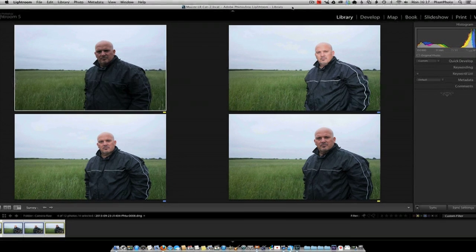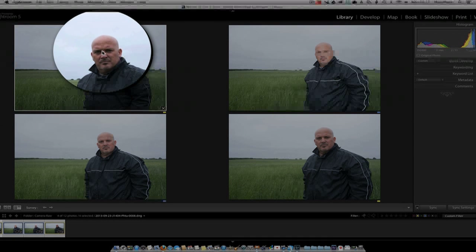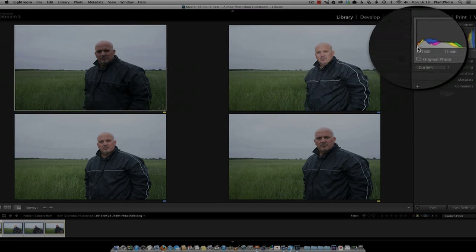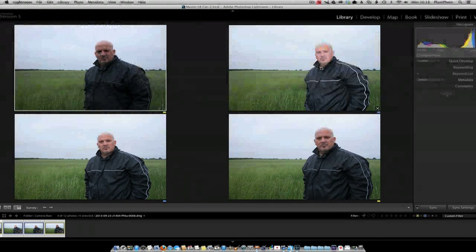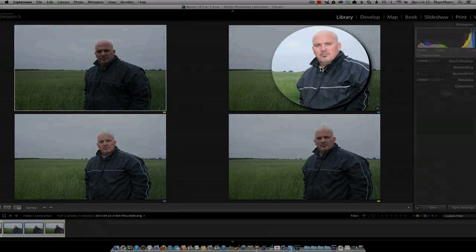In Lightroom, here are the 4 images I shot with myself doing the modelling. Less said about that, the better, I think. So we've got our first exposure here, which is completely daylight, no fill-in, and as you can see, it's not blocked up completely, but the histogram is clipping, and these eye sockets are going quite dark. The next exposure is with flash on, so this is just trying to balance the flash directly with the daylight,